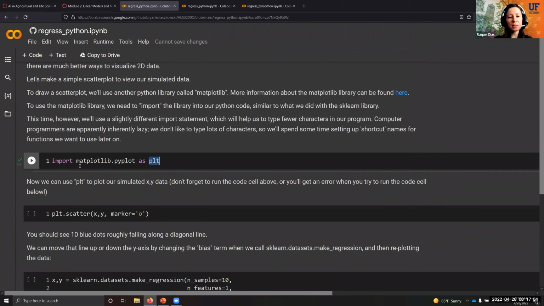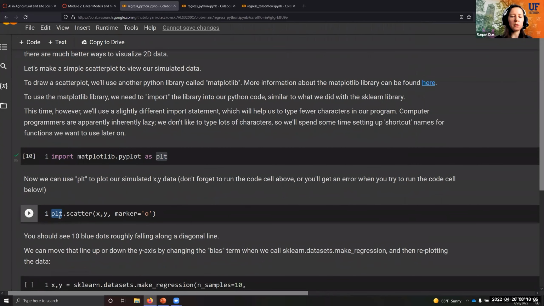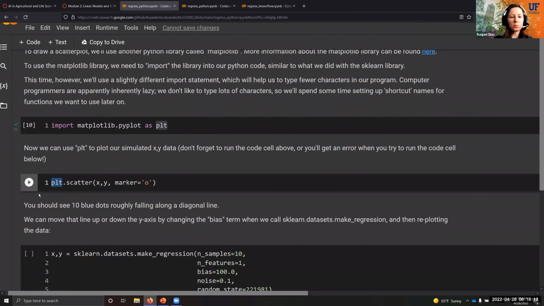It's a good practice: if you have a package that has a very extensive name, you just shorten it a little bit. And that's what we're doing here. So instead of writing down all that name, we can just shorten it and type PLT instead of typing matplotlib pyplot. So after we import our package, we can use the scatter function inside the PLT submodule to plot the